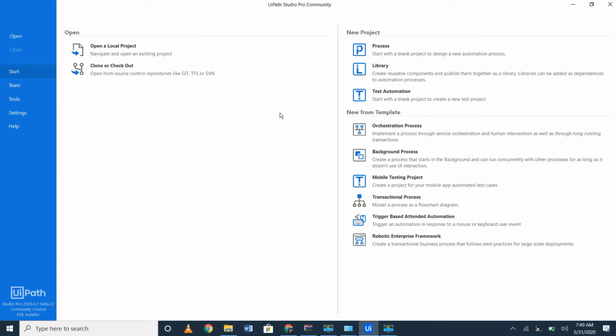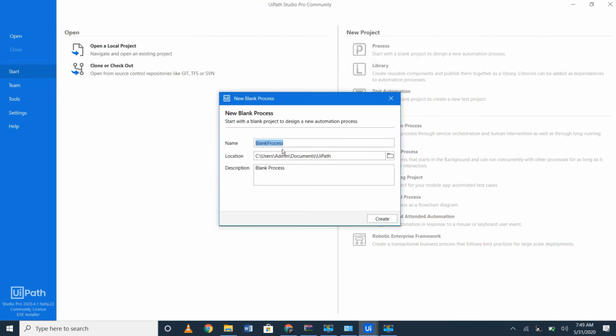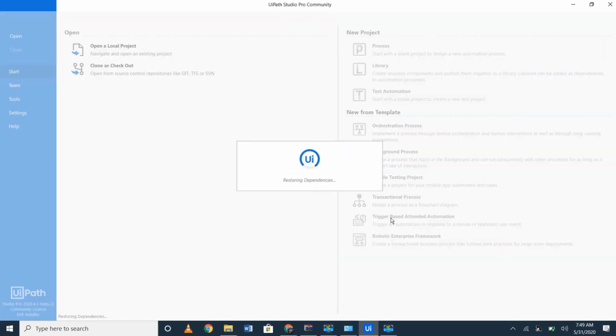Just to know about the process that has been carried out, I am going to explain this. So first click this process. Once the process is clicked, it will ask for a name for this project. We can give it as day 1 hands-on. Create. It will create your process. Wait for a second, it's been creating.